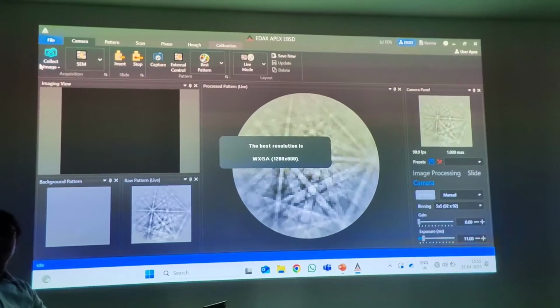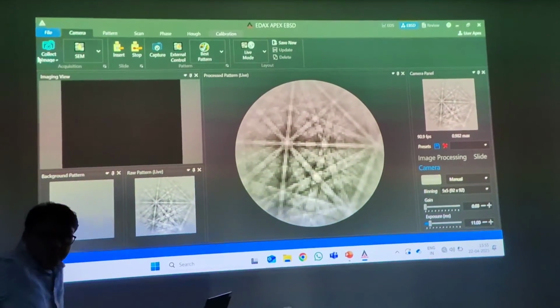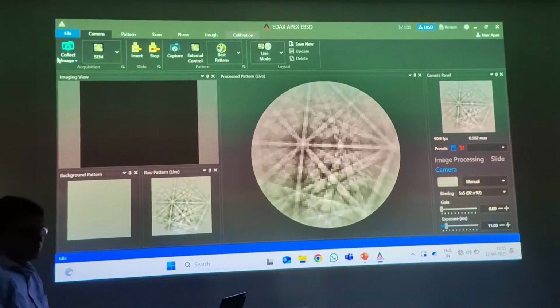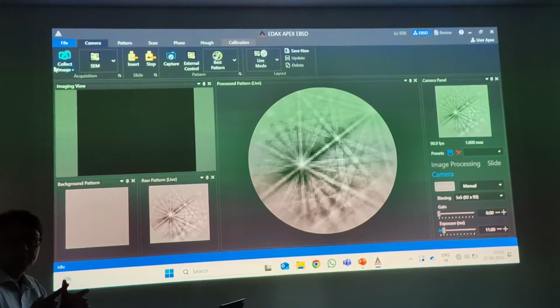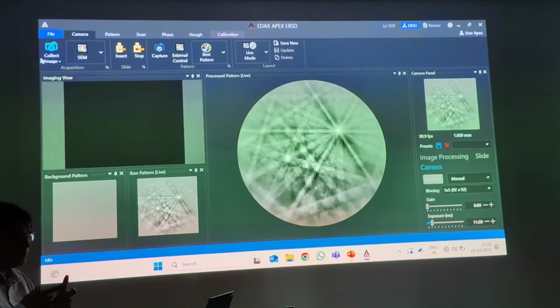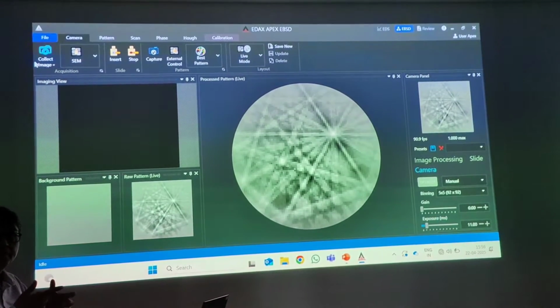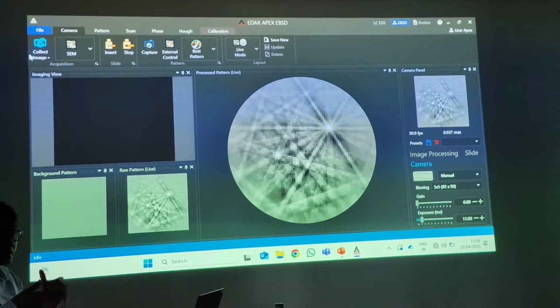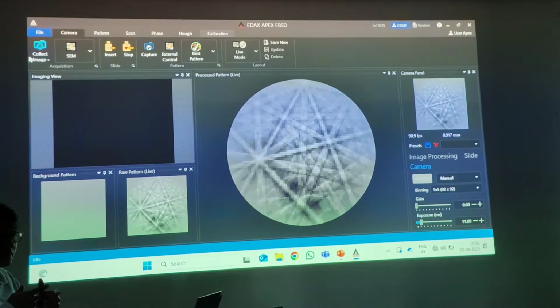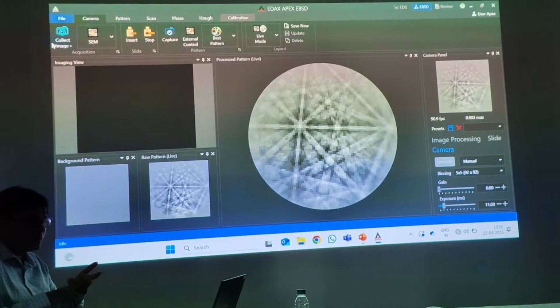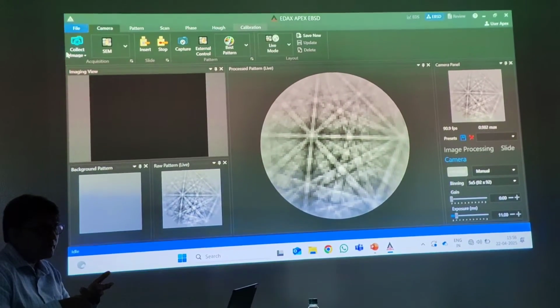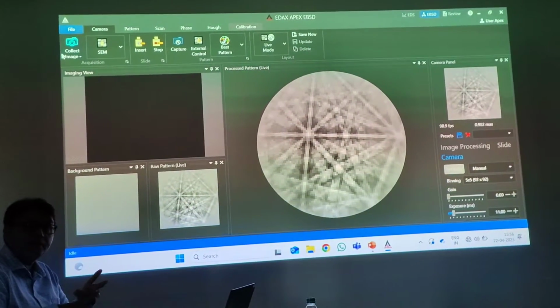So you were there in the lecture, Professor Nilesh Gaurav's lecture. So basically, you need three things. One is the sample should be 70-degree tilted, because at that condition you will be able to get more backscatter electrons coming out of your sample surface and reaching the phosphor screen. Then the SEM parameter has to be around 20 kV. Probe current or beam current you need larger than regular SEM imaging.